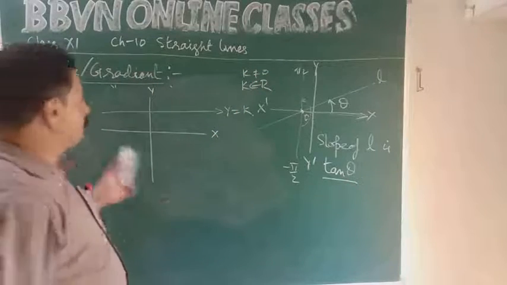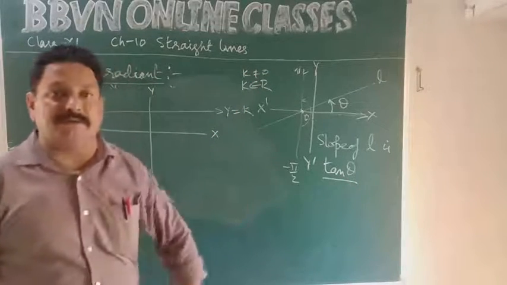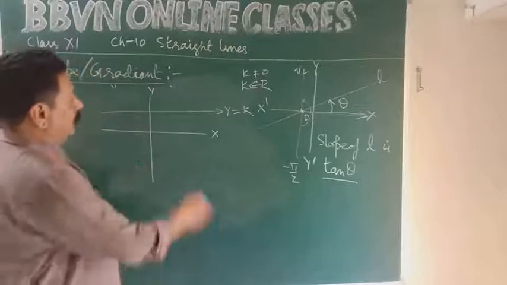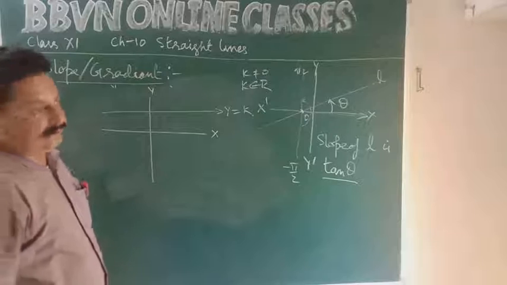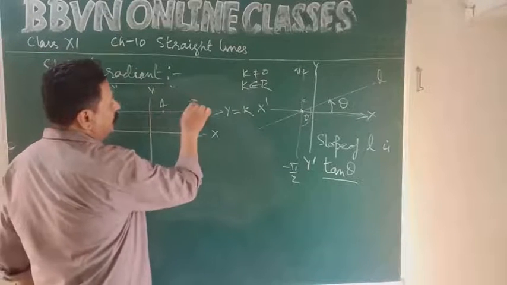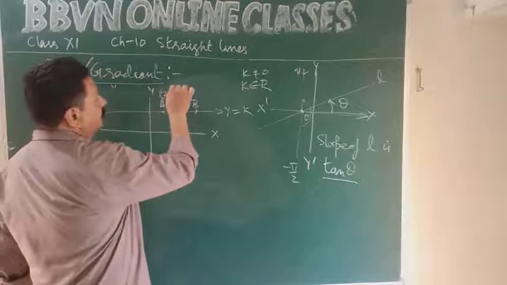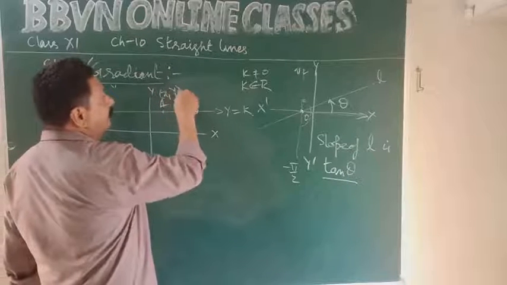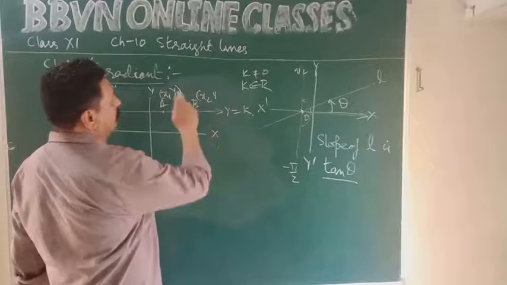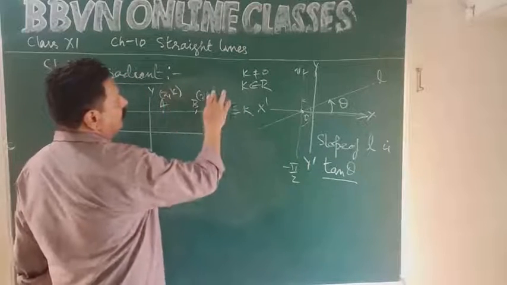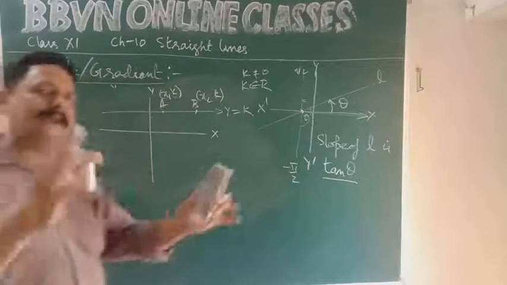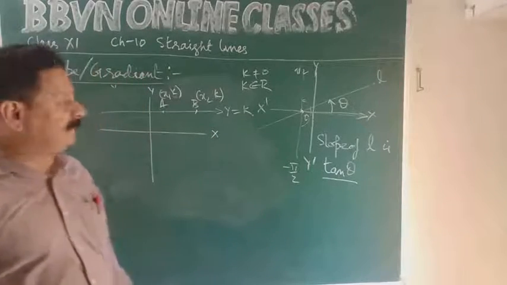Because y equal to 0 means the x-axis. So here k is any non-zero real number, and the line is parallel to the x-axis. What happened on this line? Consider any 2 points A and B. The x-coordinates are x1 and x2, and the y coordinate will be y. What is y? y equal to k. So x1 comma k and x2 comma k are the coordinates of points A and B, any random points that we have taken on the line.